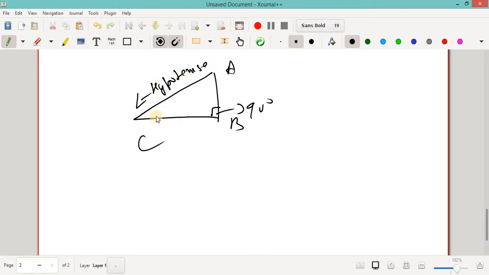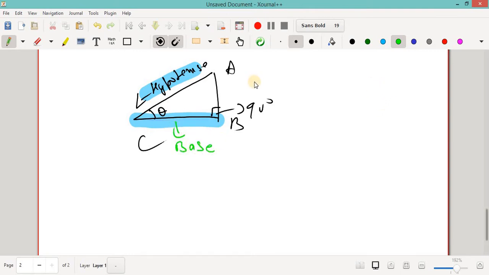Now students, there are 2 angles left. One is this. Let me take theta. Now when I take this as theta, that is angle C as my theta, what will happen? The hypotenuse in your question will be fixed, that is your AC. Now for example, if we take theta as my angle, now remember this side, I'm talking about this BC. Now you can see that BC is the side that is connected with theta. One is the hypotenuse, and the side that is connected with the angle theta is known as my base.